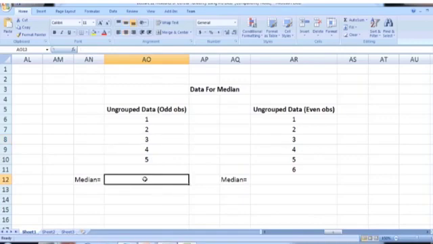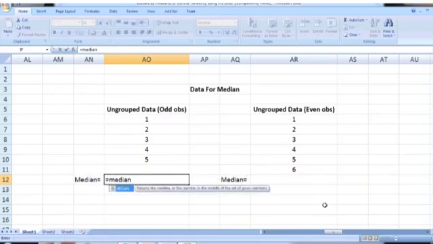Let us calculate the median using Microsoft Excel. In Excel we have a built-in function for calculating the median, and the function is MEDIAN. Just type median in full, and remember that you can use capital letters or small letters.